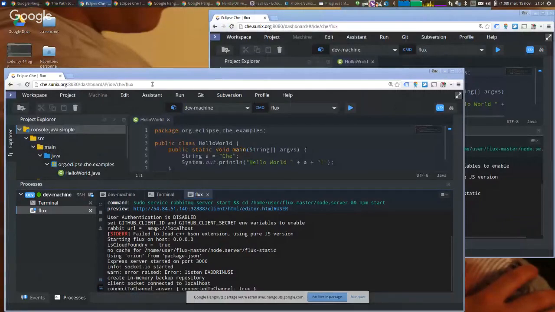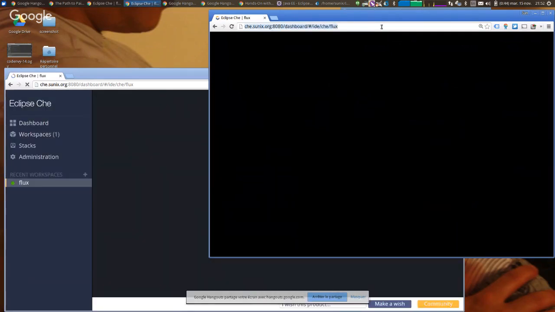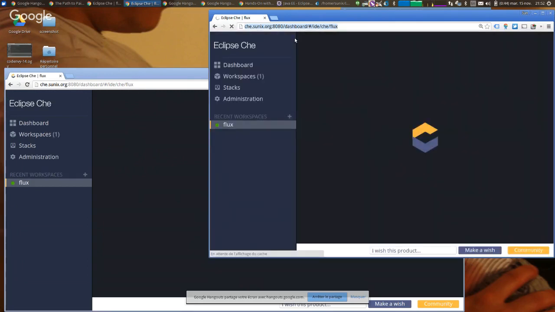So this is an instance that is running in the cloud. It's running on an Amazon server. It's a standard Che server. And I'm going to share the pair programming session. So you will be able to join the pair programming session and modify the same project as well, if you want to break my project. Okay, let's